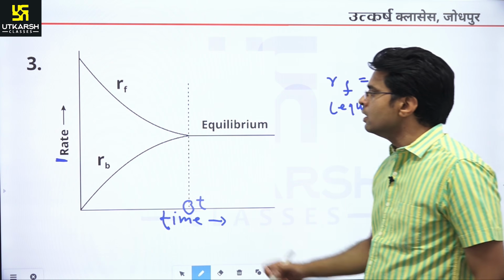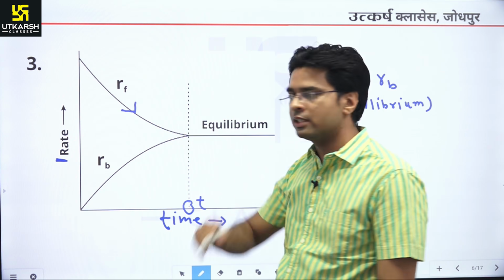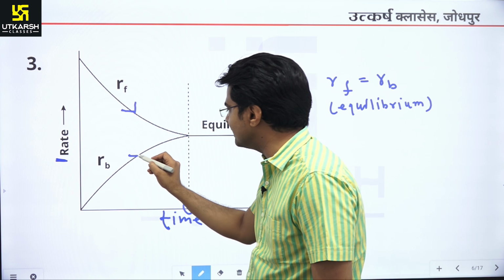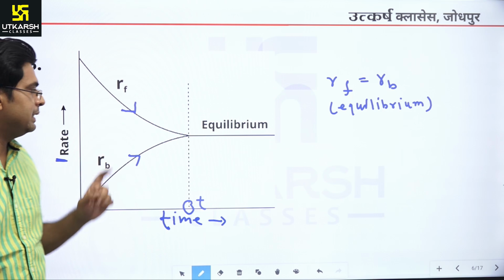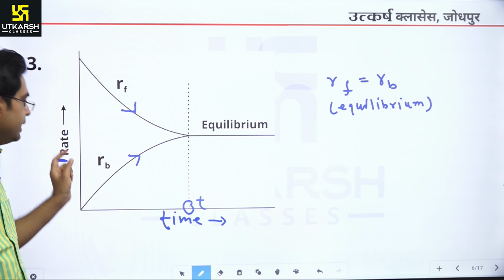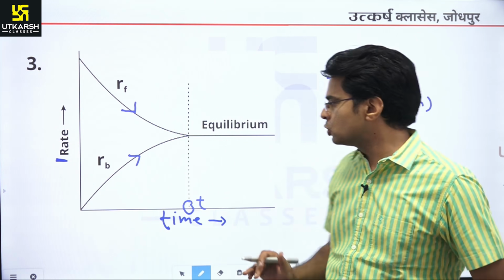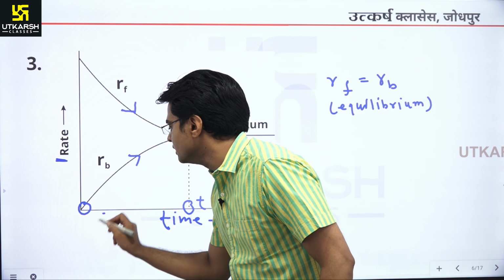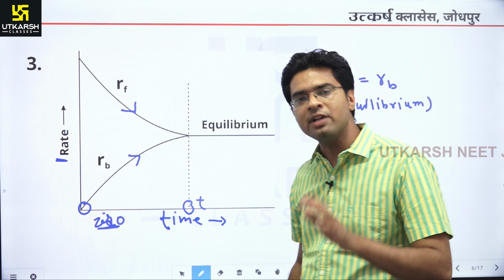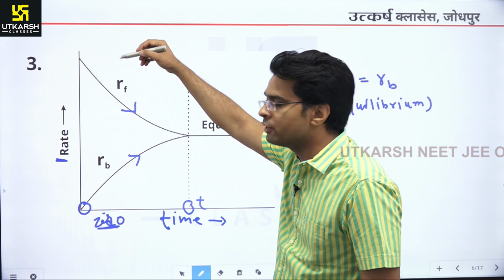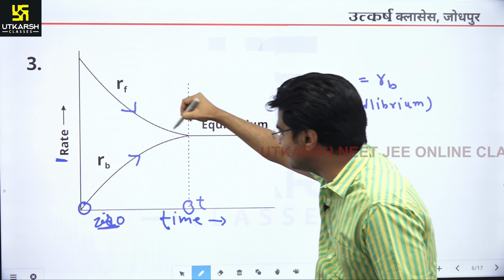One more thing, here RF decreases with time. As you see, RF decreases with time while RB increases with time. You can ask why it is so. It is very simple. Basically it is the forward process, it is the backward process. Initially we are not having product, so RB is 0. You observe here that RB is 0 initially, because we are not having the product. Initially we are having reactant only, so we are having RF only, and with time this RF decreases and